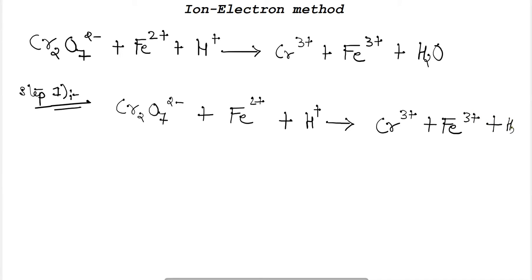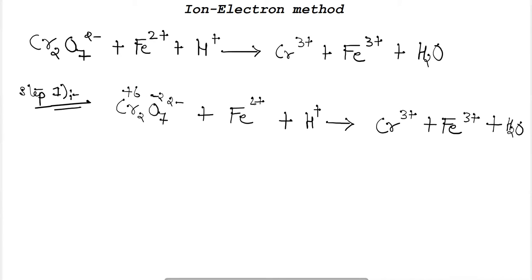Okay, so here we will just calculate the oxidation number. Oxygen is having -2 oxidation state, and the oxidation state for the chromium will become here -2 into 7, -14. So -14 -2, so +2 times 14 -2, it will be 12. So for 2 chromium it is 12, it means for 1 chromium it will be +6.